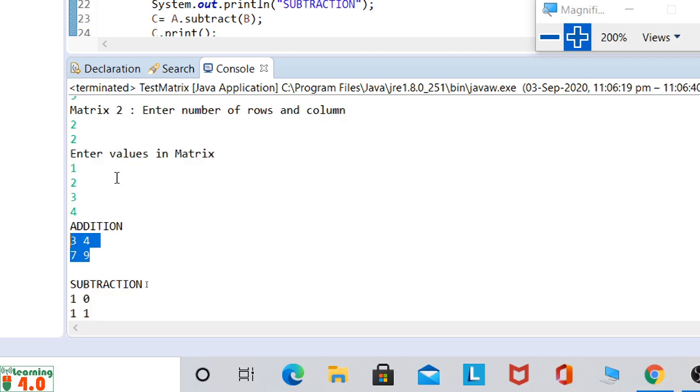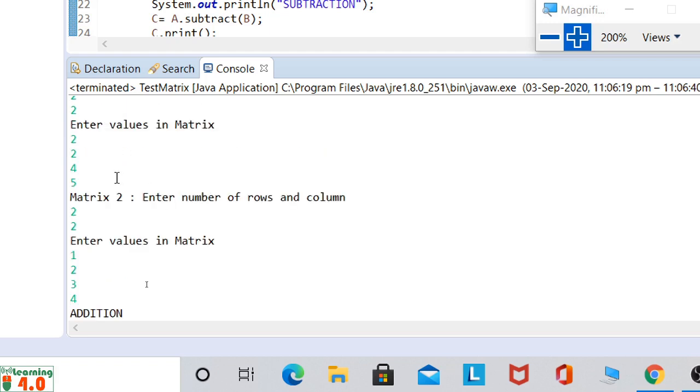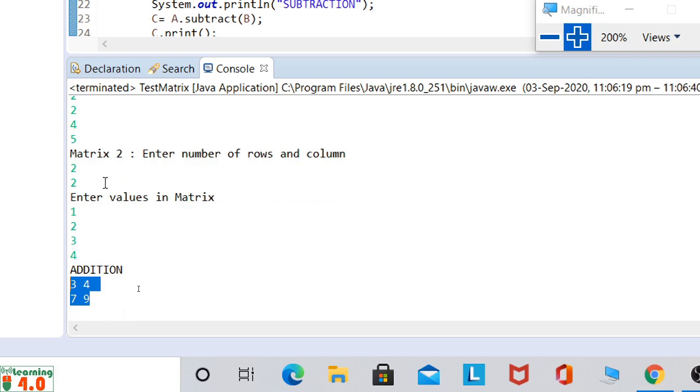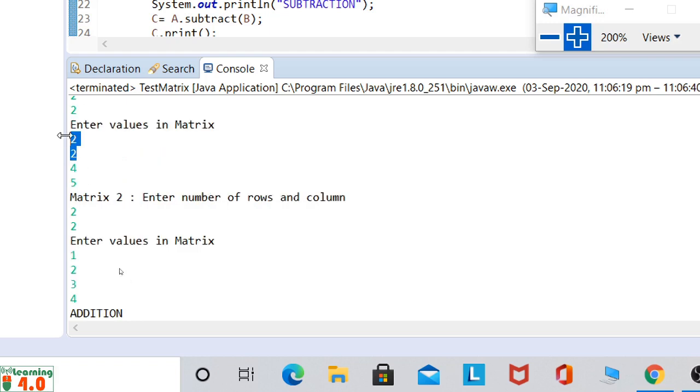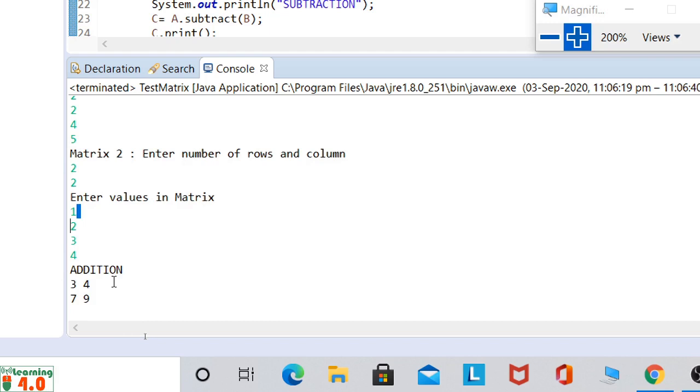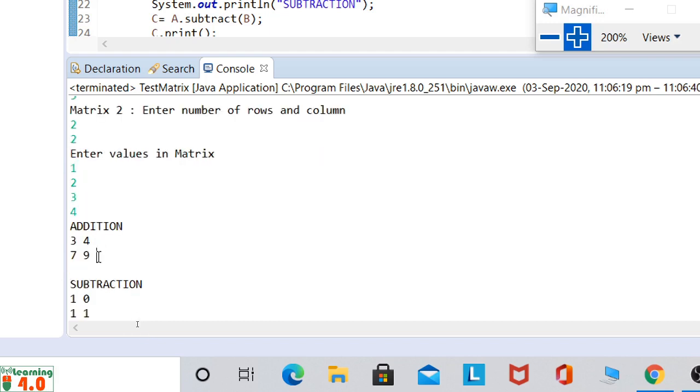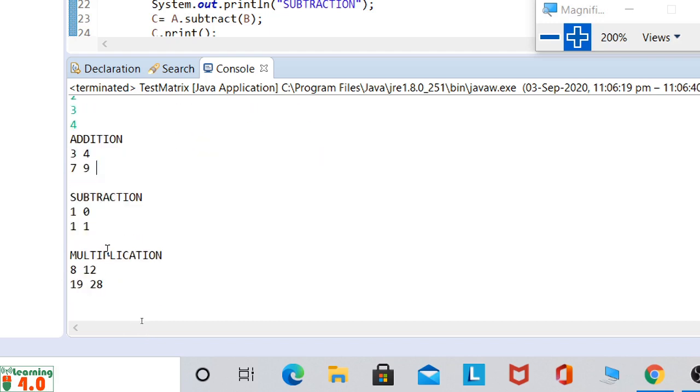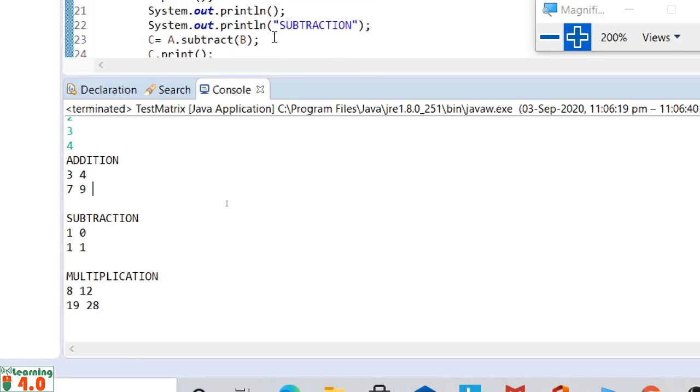If I check the values here, the first row, first element: 2 and 1 is 3. Okay, 3 4 7 9. For subtraction 1 0 1 1. For multiplication 8 12 19 20.